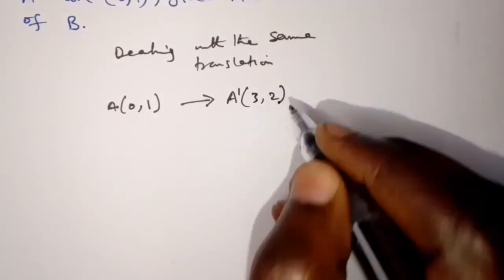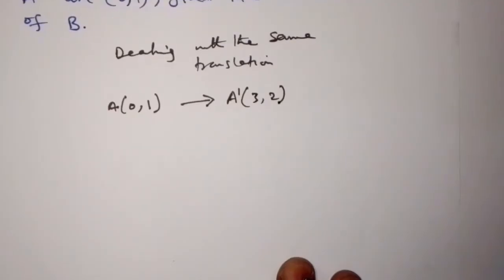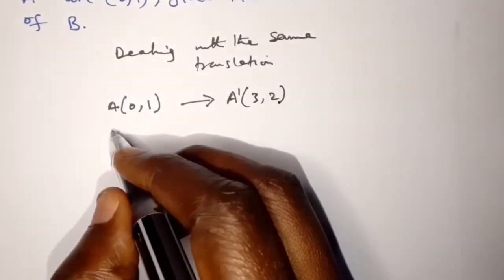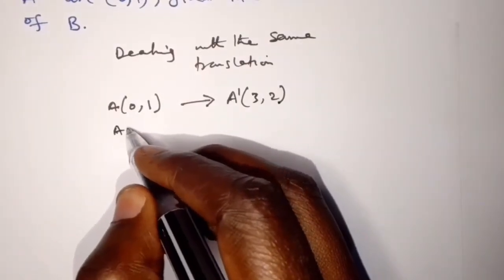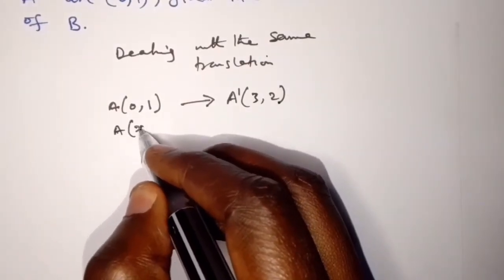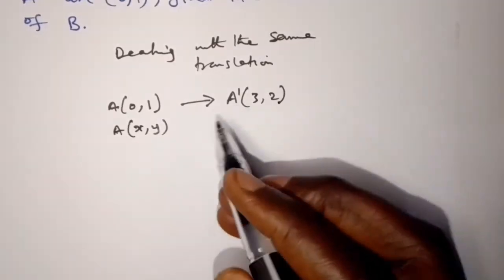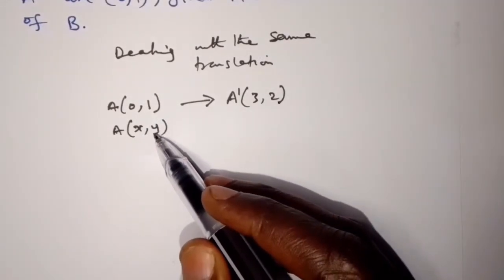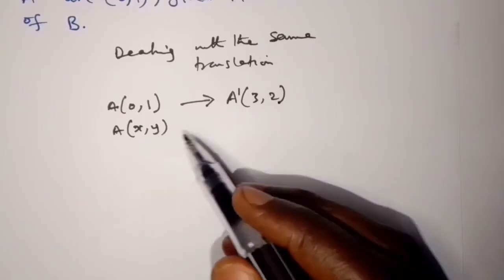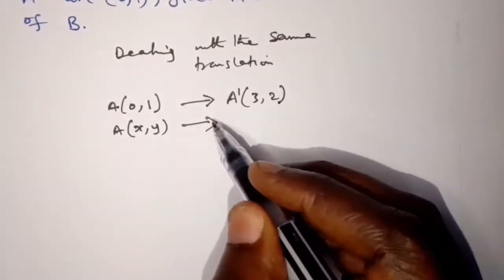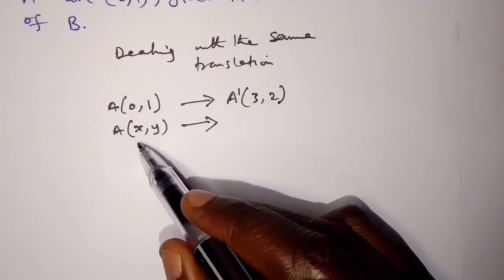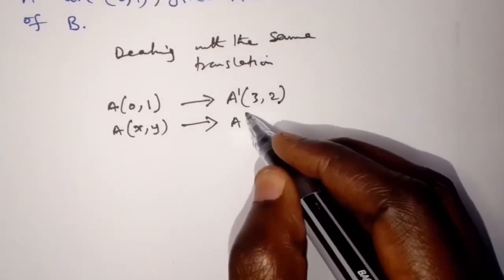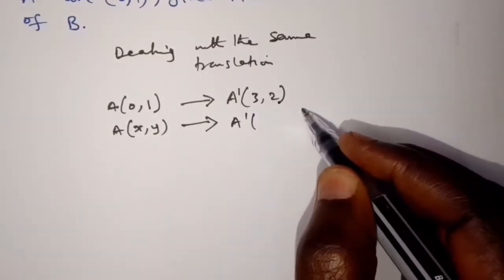We can write this in another way. Our point A can be represented by x and y, x for the x-axis and y for the y-axis. So we can say that point A, that is (x, y), has been translated into, in terms of x and y,